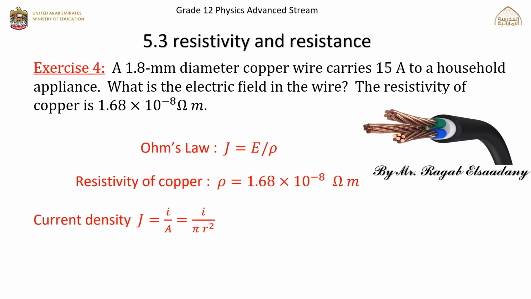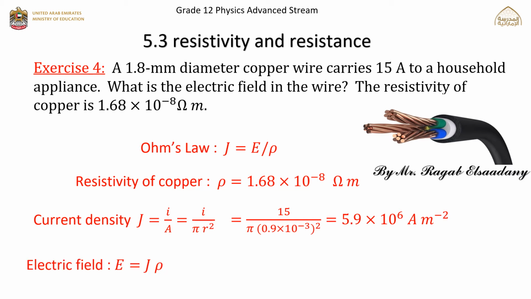Then current density J equals I over A equals I over pi R square equals 15 over pi times 0.9 times 10 power minus 3 square equals 5.9 times 10 power 6 ampere per meter square. And the electric field E equals J times rho equals 5.9 times 10 power 6 times 1.68 times 10 power minus 8 equals